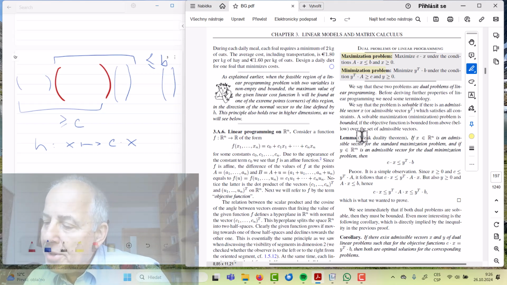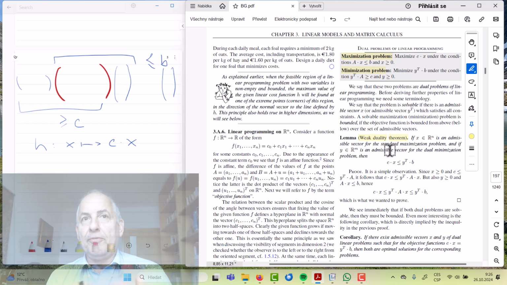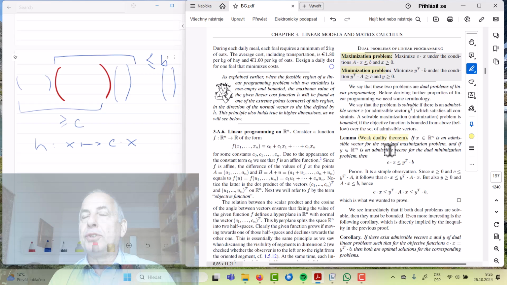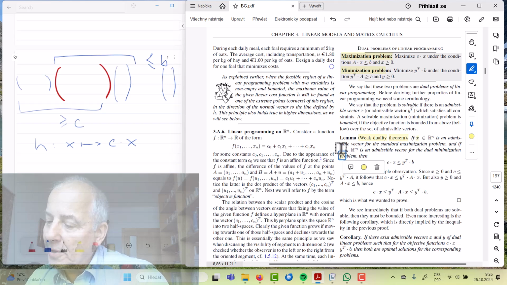So there is the so-called weak duality theorem. First of all, we know that if we have some admissible vectors, so if the set of linear inequalities has some solution, it might happen that it's empty. But if there is an admissible vector for both of the problems, so x is one, y is the other,